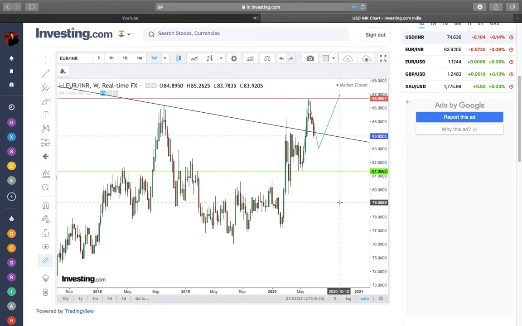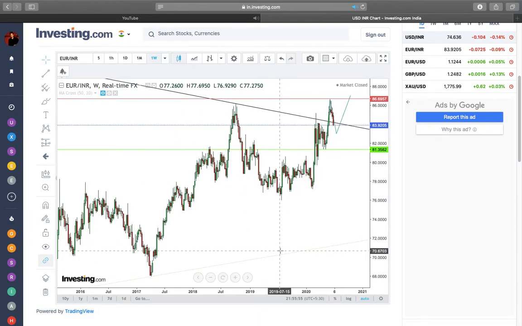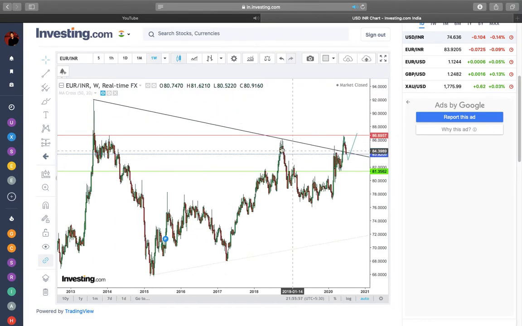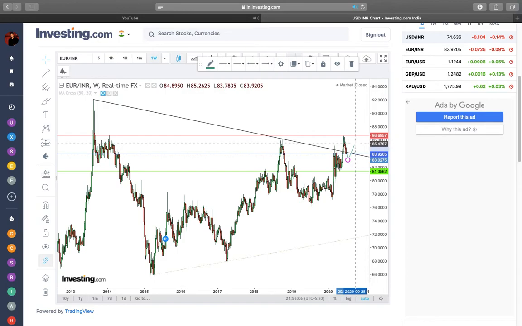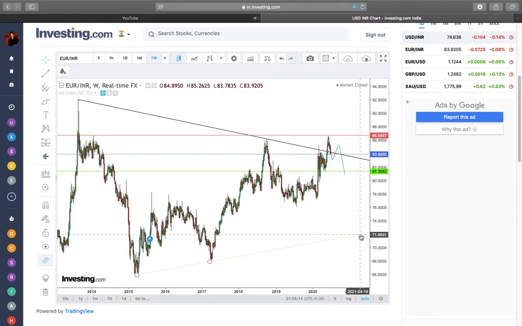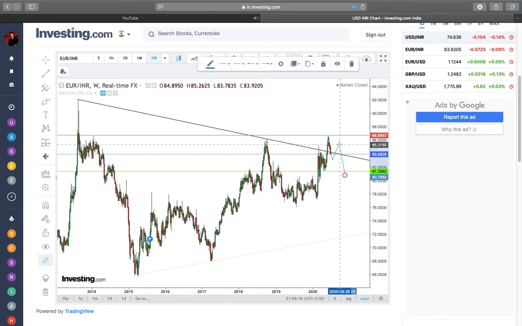So till that time, given that we have a 7-year resistance point which has been challenged by the euro, we could also trade this simply with the hypothesis that the euro is likely to make a move of this fashion, and it could come and test this. Both are acceptable cases. We obviously see that the security is critically poised,